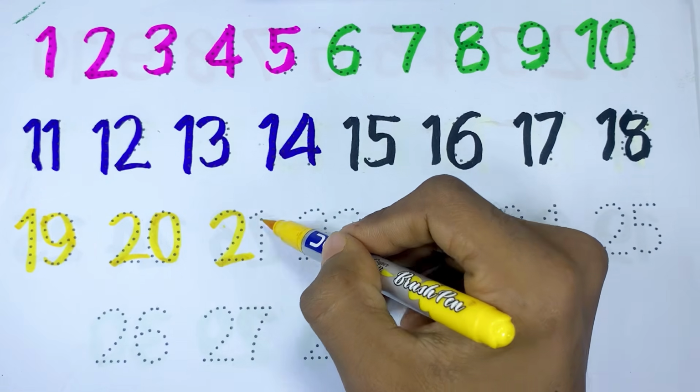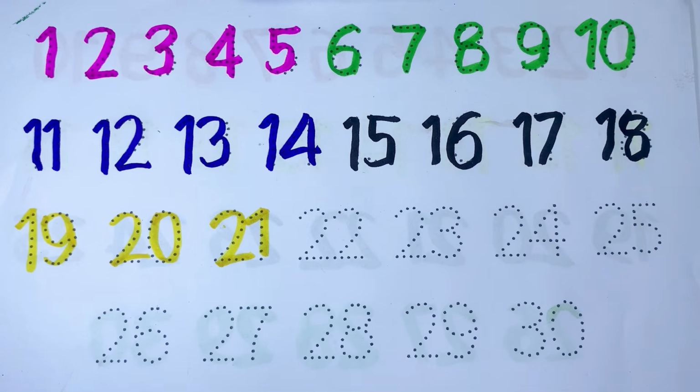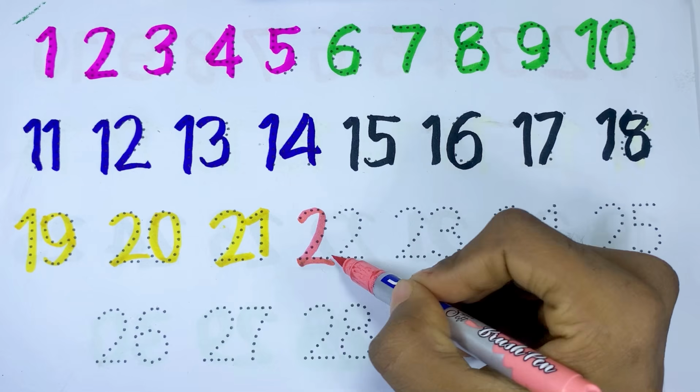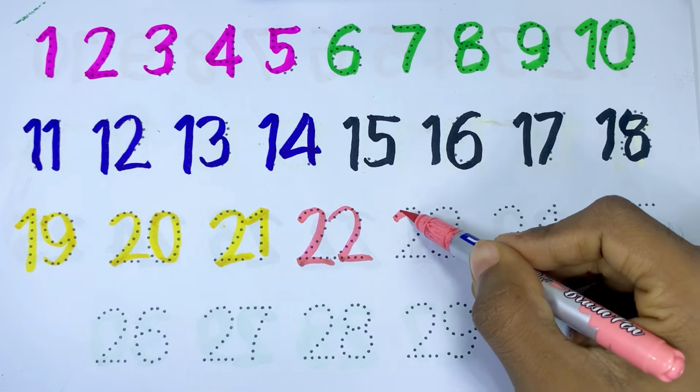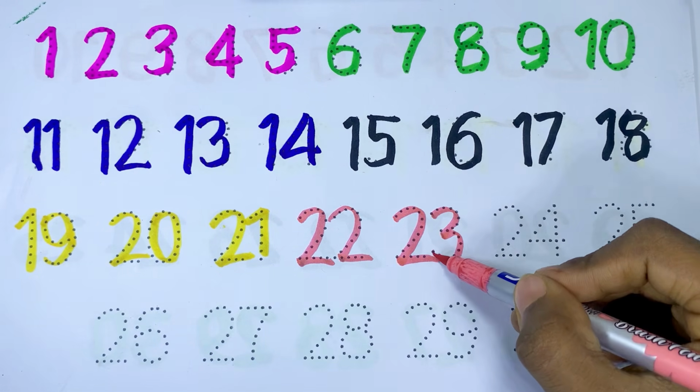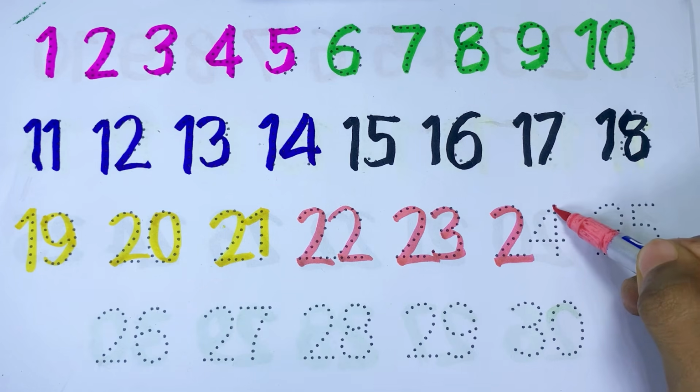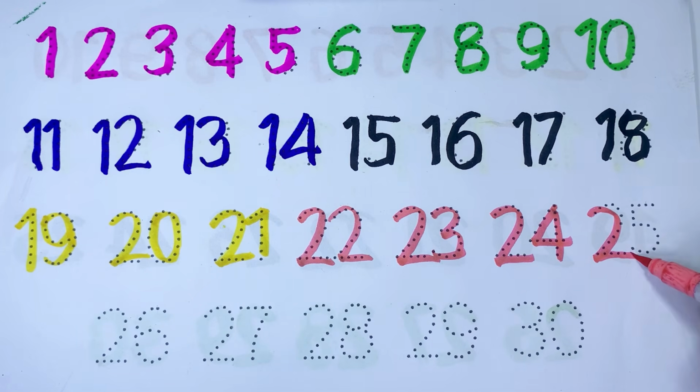20, 21. Kids, now you draw 22, 23, 24, 25. Kids, now you draw 26,